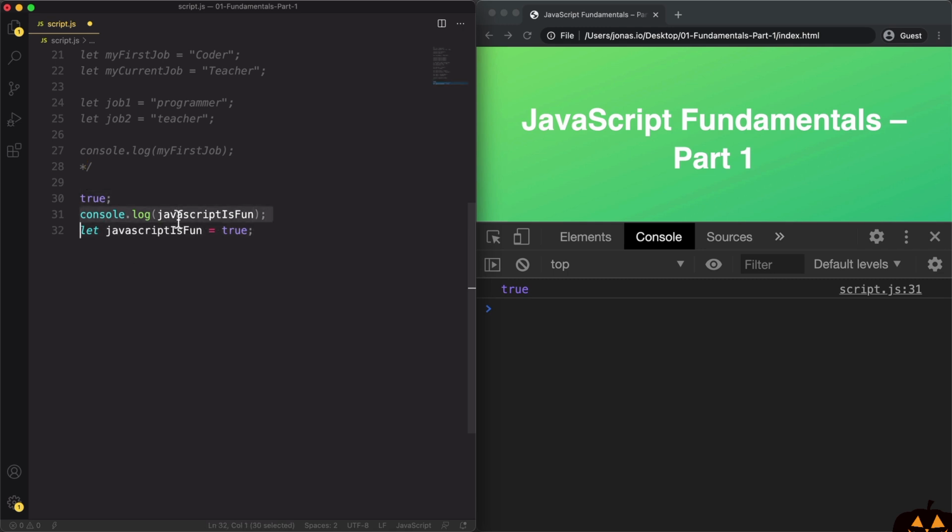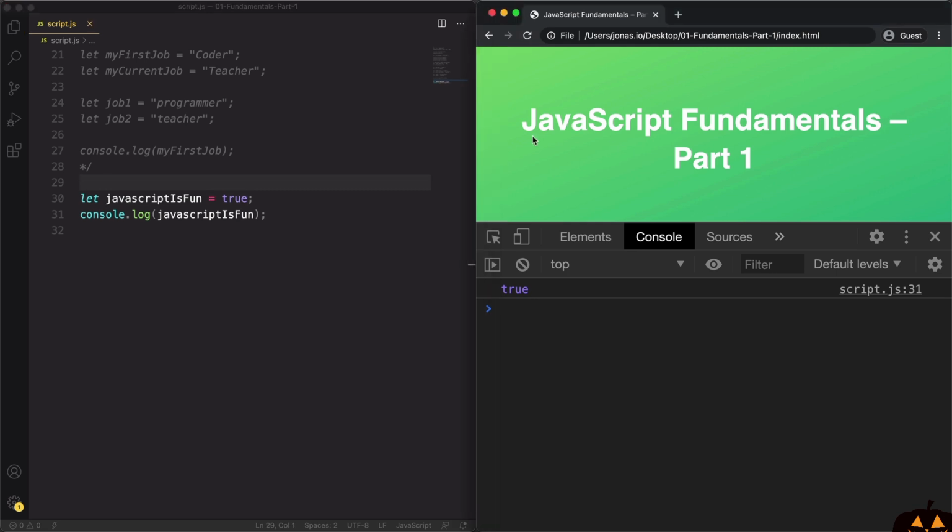Okay? What matters is that this needs to be at the end. So let's cut it and put it here. You can also get rid of this one, save it, and here we still get true. And so here we created a nice and descriptive variable name holding a Boolean value. And remember that it's actually the value that holds the data type and not the variable. Because I could now actually go ahead and change this to a value with another type. And actually I will do that in a second, but for now, let's take a look at a special operator